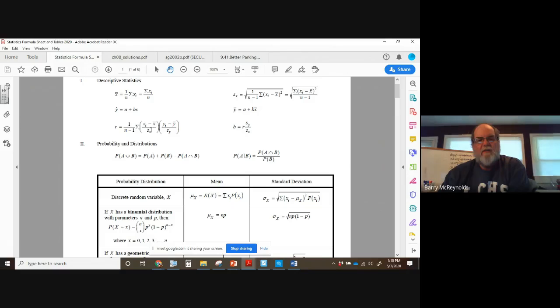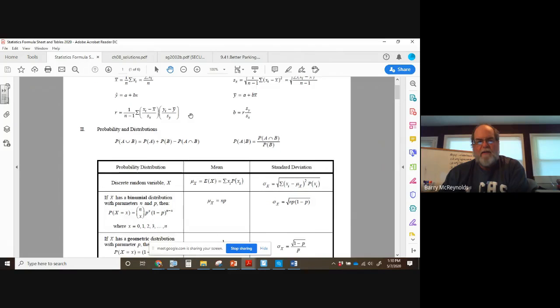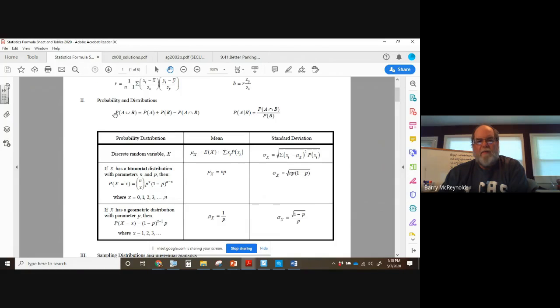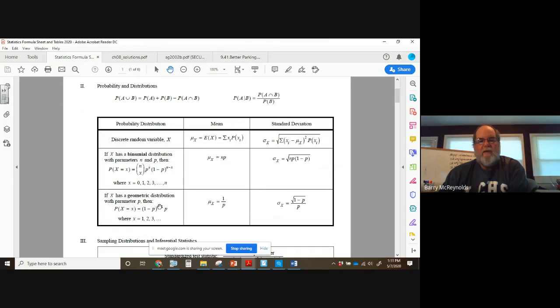I skipped it this year and held it to the end because it's pretty straightforward, and I think you'll pick it up really quickly. So we'll cover regression analysis early next week. Probability, we've talked about probability and conditional probability. We've talked about discrete random variables, binomial random variables, and if you'll remember, here are the formulas. They also have geometric